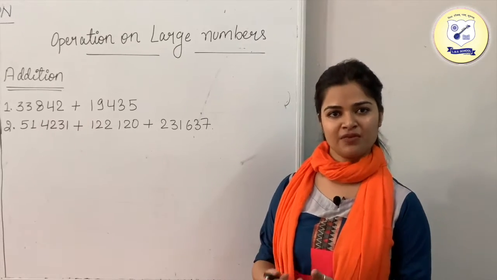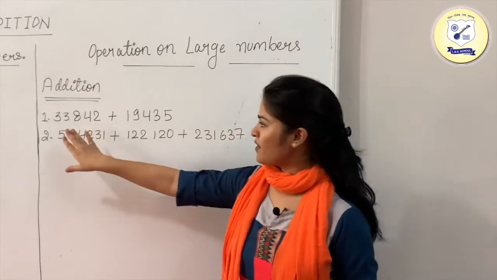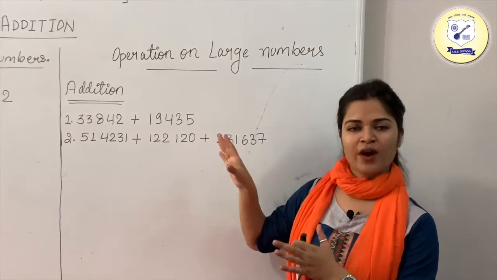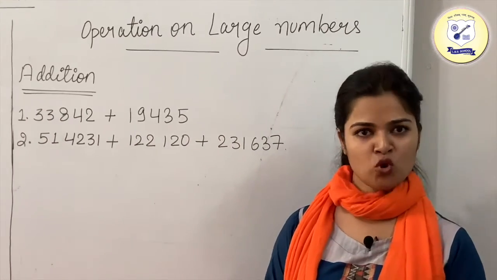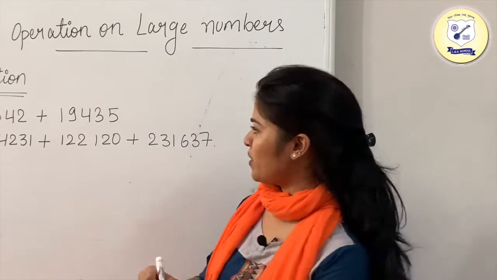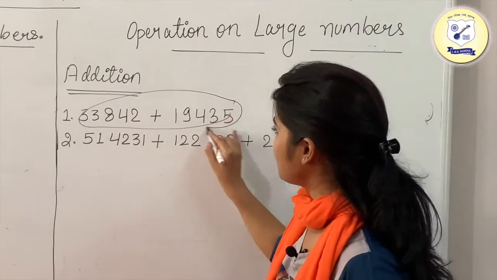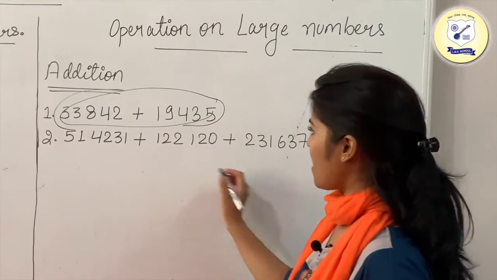Now we'll deal with some large numbers. So our topic is operation on large numbers. We are having these two numbers. So as I have told you earlier, the most convenient method to solve the addition of the two numbers is column method. So let's just get started with these two numbers. Arrange these two numbers as in column. We are having